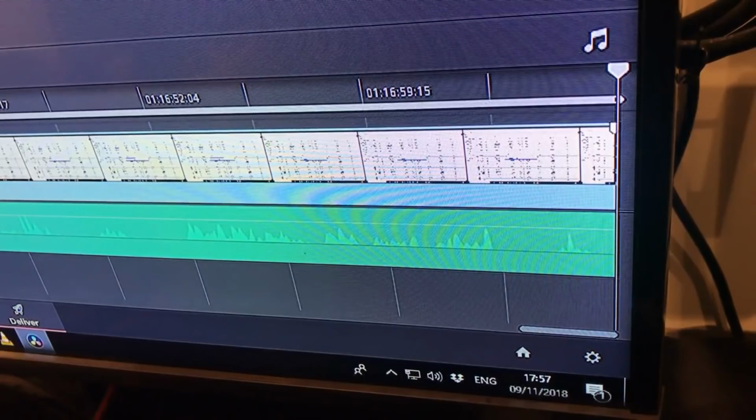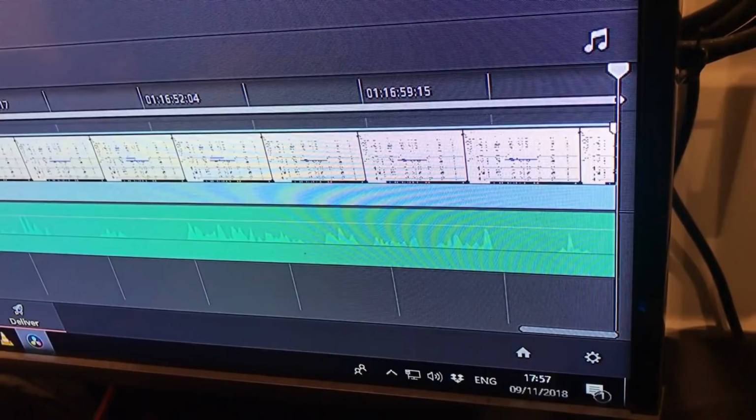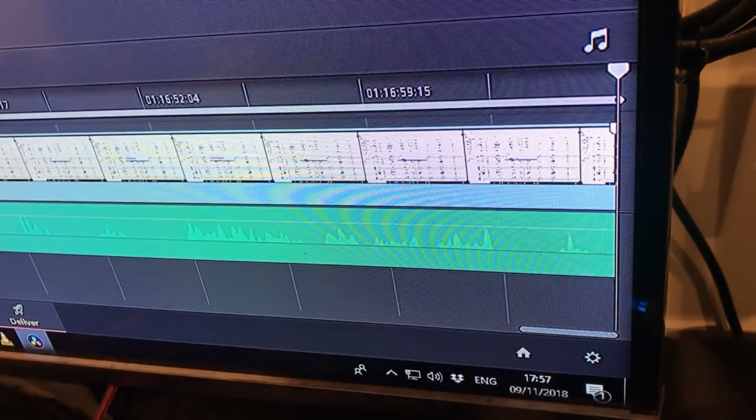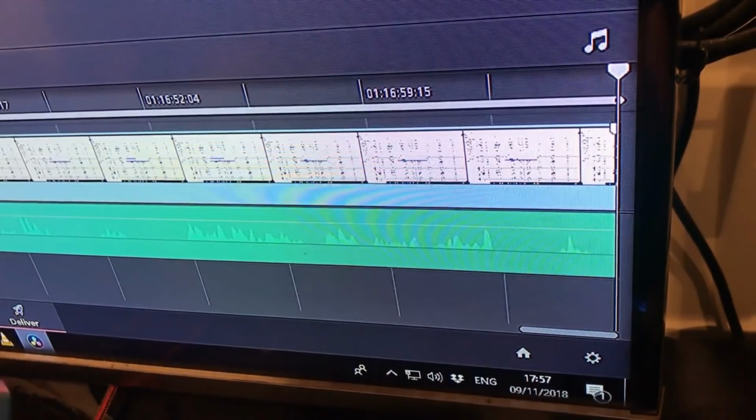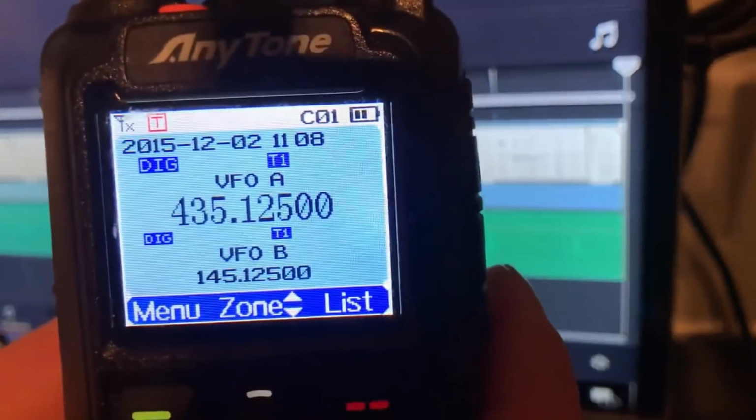It said it in brackets after the name of the program, and I just had to wait and it worked. Anyway, I've written the code plug to the radio and it comes up like this in VFO mode,